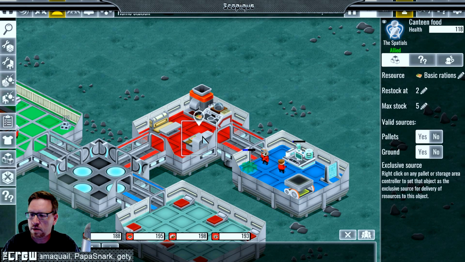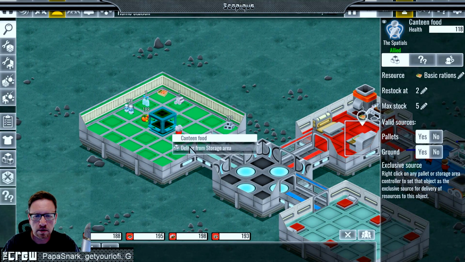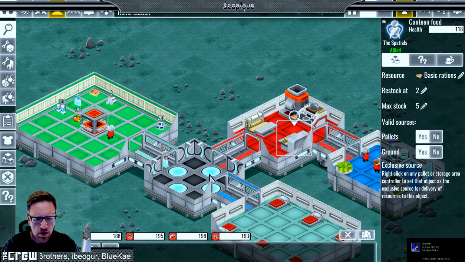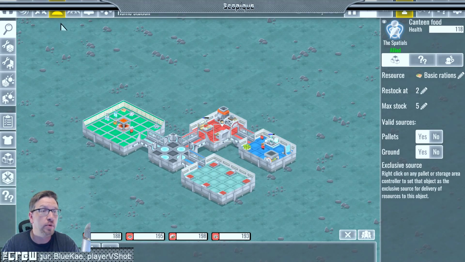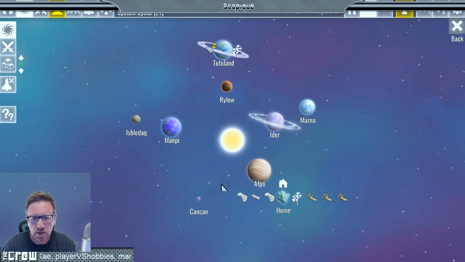Right click on any palette. Object. Exclusive source for delivery. Deliver from storage area. I guess. Where's he going with the water? Oh, he's getting down. He's taking a drink. Alright, I don't know when these people go to sleep. Alright, so you guys are doing that. I need to figure out where...